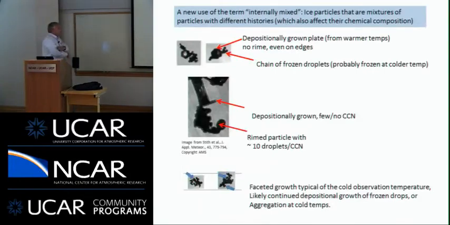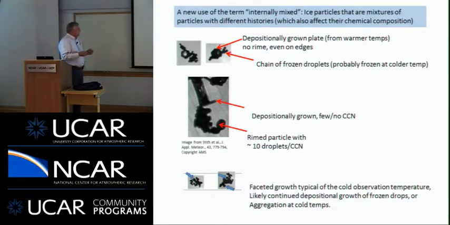Okay, I'm going to talk a little bit more about the morphology of these particles and what we're finding there from the CPI imagery. And I want to borrow a term from the aerosol community, internally and externally mixed. As many of you probably know, internally mixed refers to when you might have a nitrate particle and a sulfate particle. If they're one particle, it's sort of an internal mixture. And if they're separate, you have an external mixture. Well, what we find in some of these cases, and these are cases here from DC3, I put another particle from one of the Quadjex cases just for comparison.